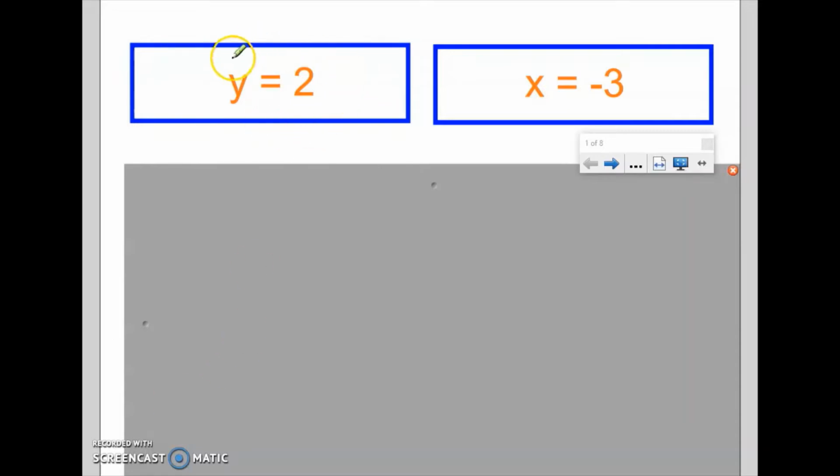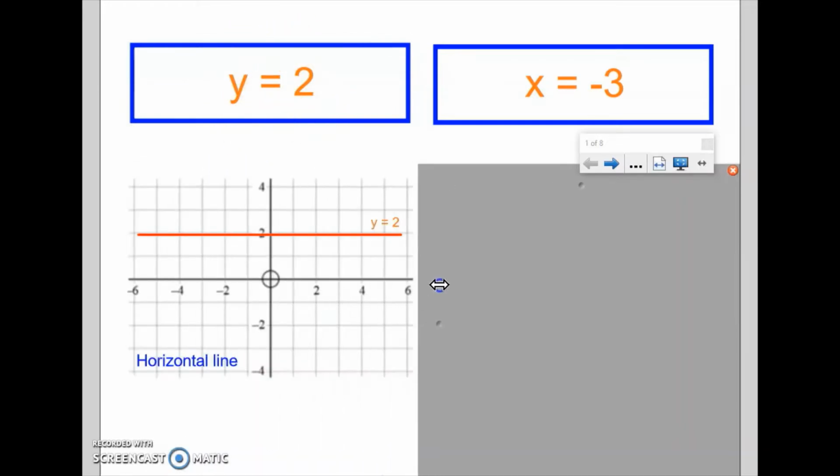To start with we're going to look at y equals 2. If we wanted to graph y equals 2, it would look like this. We have a horizontal line which cuts through the 2 on the y-axis. So anytime we have y equals something, we're always dealing with a horizontal line, and the something is where it